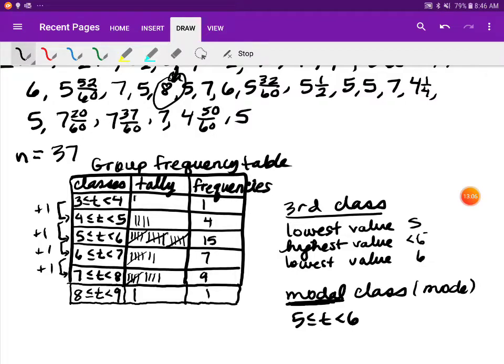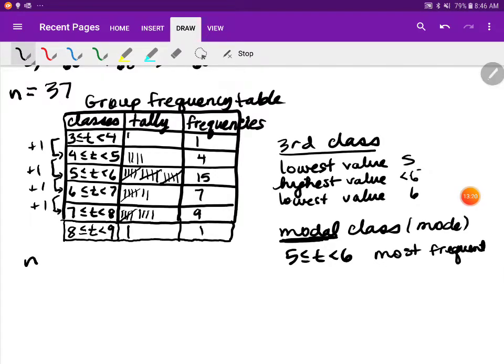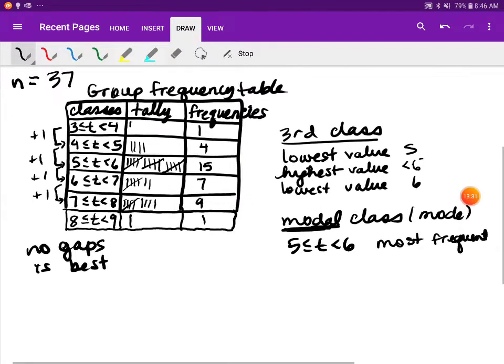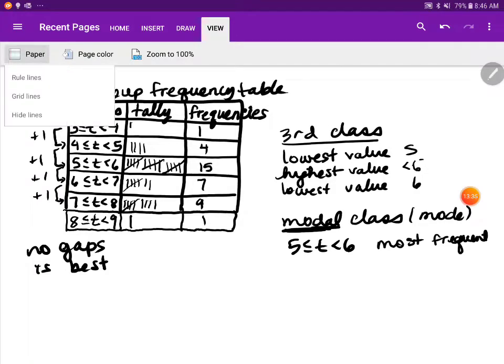And why would that be the modal class? That's because it is the most frequent. And how do you know it's the most frequent? Because it has the highest frequency. Okay, so that's interesting. Okay, I'm going to write the no gaps as best. Otherwise, there's a way that you can bridge the gap. Okay, now when you're graphing this, I'm going to go to some graph paper, but it's very important that